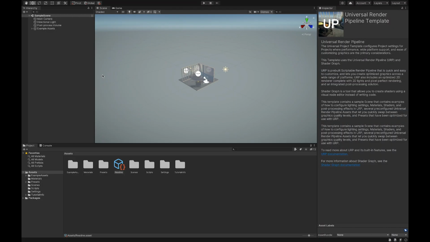All right, so it's installed. We actually have a project up. And so what are we looking at? What we're looking at is the Universal Render Pipeline template. And it kind of tells you in really technical language what this means. And you're going to read that and not know what the heck it's talking about. And that's fine. Basically, what it means is that there's some cool stuff that you can use in here, including